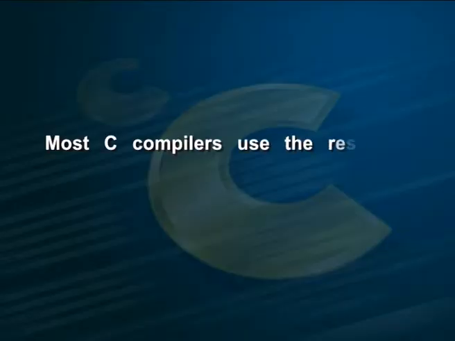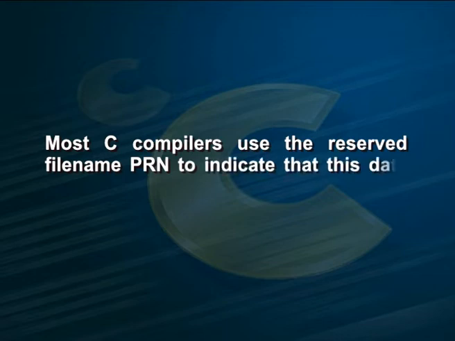Once again we open myfile.txt for reading and we open prn for writing. Printing is identical to writing data to a disk file, except that we use a standard name for the file name. Most C compilers use the reserved file name prn to indicate that this data is to be output to the printer. The program is simply a loop in which a character is read, and if it is not the end of file character, it is displayed and printed. When the EOF is found, the input file and the printer output files are both closed. Note that good programming practice would include checking both the file pointers to make sure that the files were opened properly.